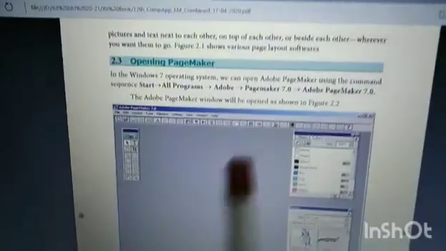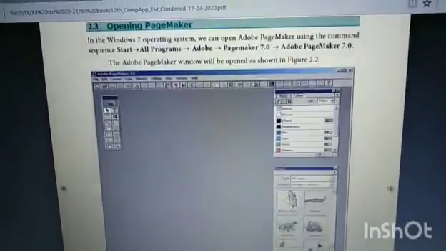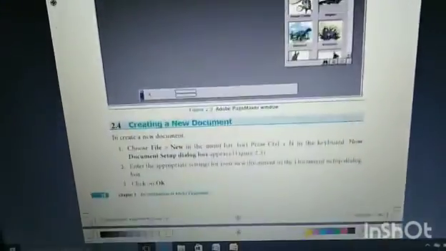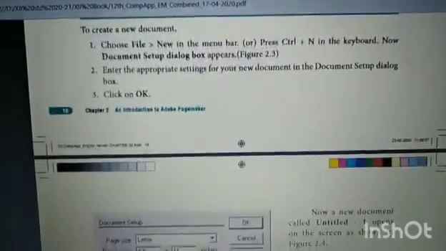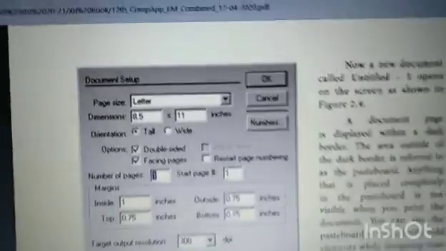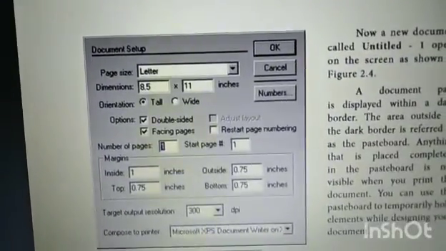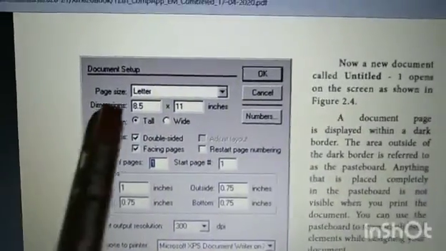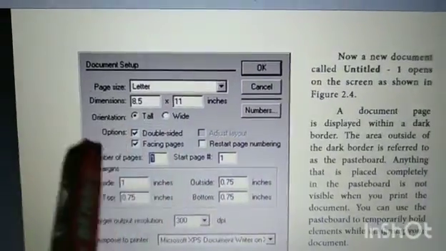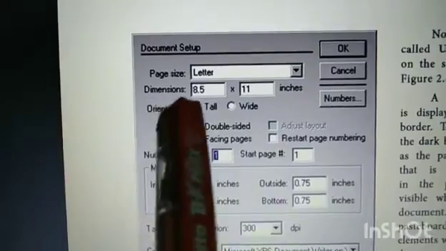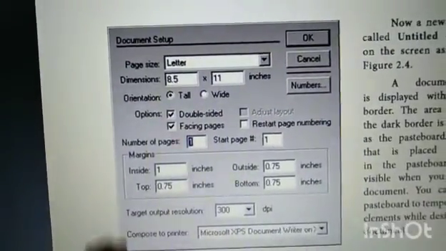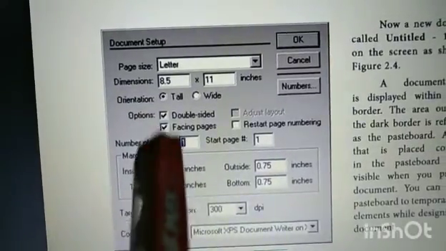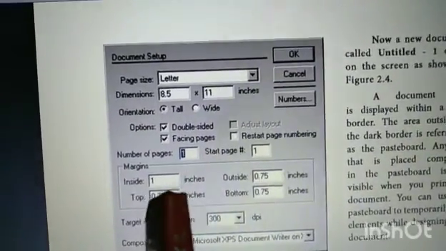So this is the Adobe PageMaker window. Here if you press the File menu or Ctrl+N, you will see this document setup dialog box. Here you have to enter the page size. You should enter the page size and dimensions, like inches, and the orientation. These particulars you have to insert in this setup dialog box.